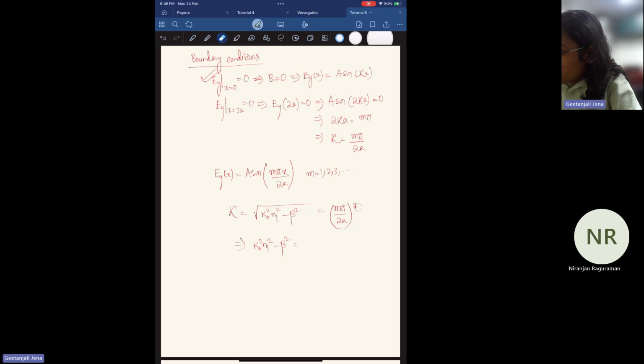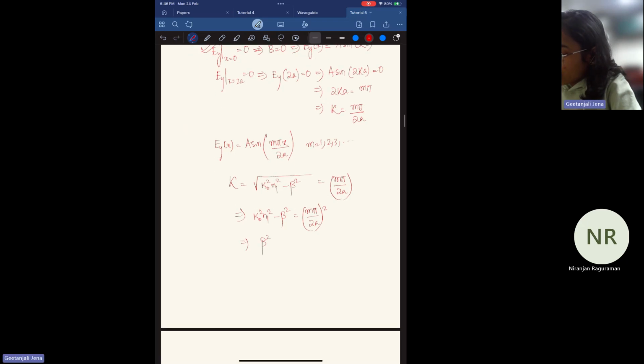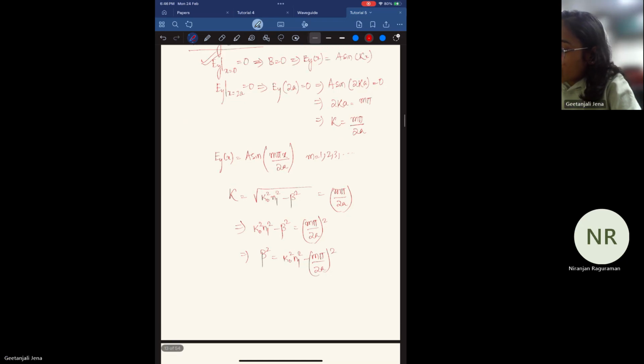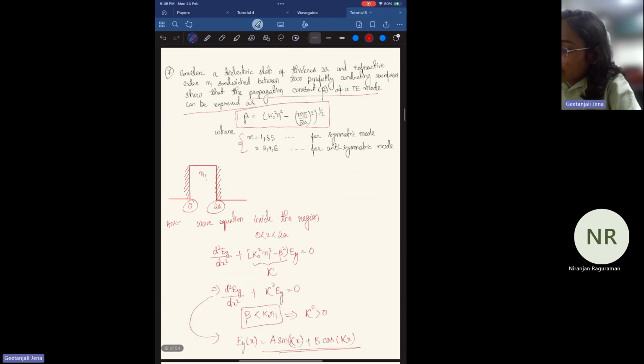So there won't be any square root here. Here it will be m pi by 2a squared. So beta we already got. Beta square will be k0 square n1 square minus m pi over 2a squared. So that means we have calculated this part, beta,